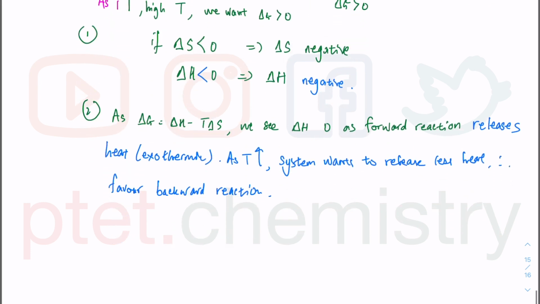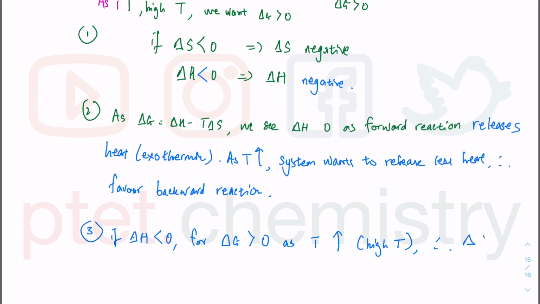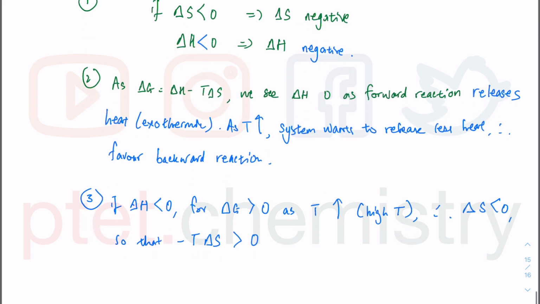In terms of the entropy, I would say if delta H is lesser than 0, for delta G to be greater than 0 as temperature increases, i.e. at high temperature, therefore the delta S has to be lesser than 0, so that minus T, which is going to be minus times positive, is going to be minus T times delta S is going to be greater than 0. Yeah, so that's essentially the reason why the delta S has to be lesser than 0